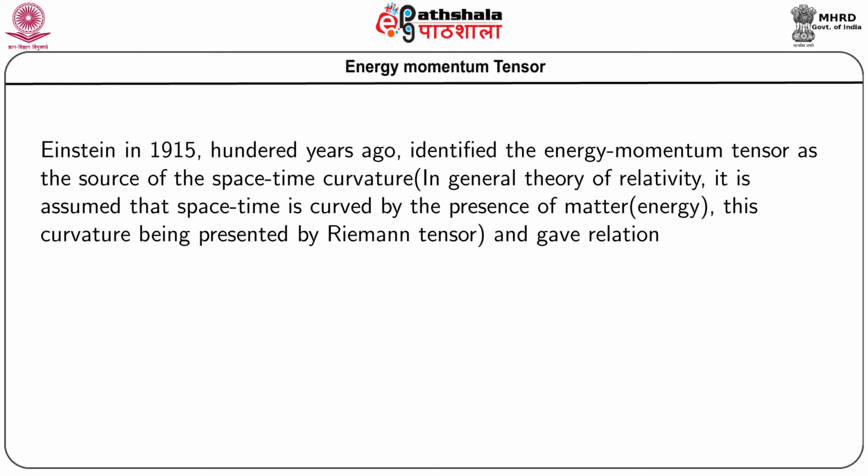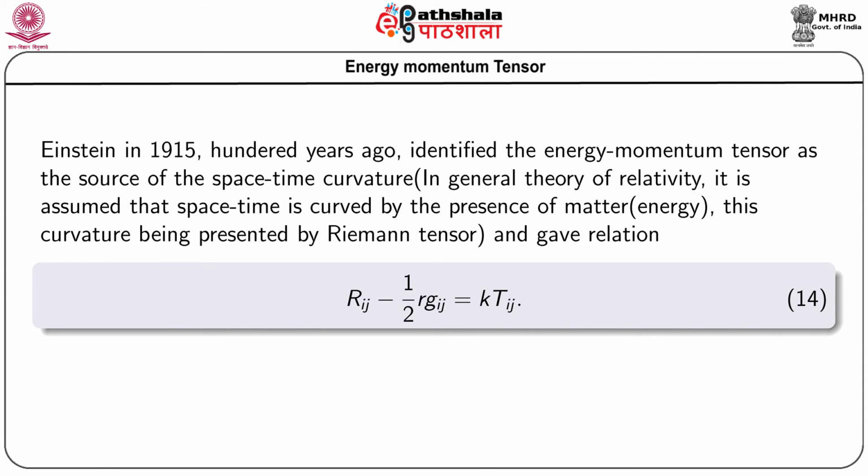Now, Einstein in 1915, that is 100 years ago, identified this energy momentum tensor as a source of the space time curvature. Space time curvature means that in the general theory of relativity, it is assumed that space time is curved by the presence of matter, or we can think of it as energy, and this curvature is represented by the Riemann tensor. And he has given the relation